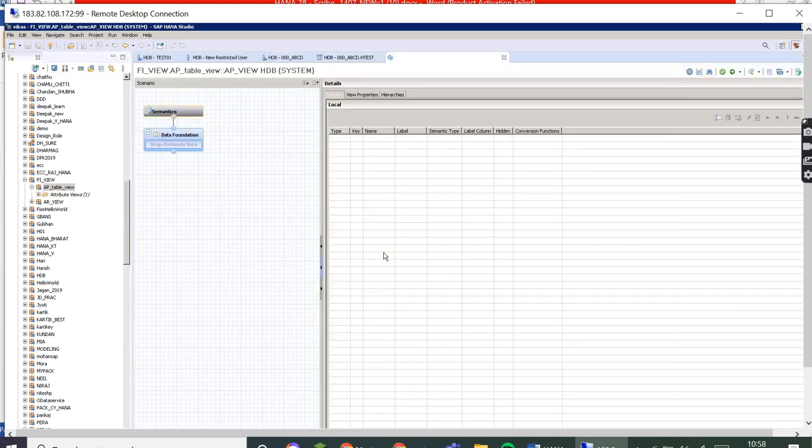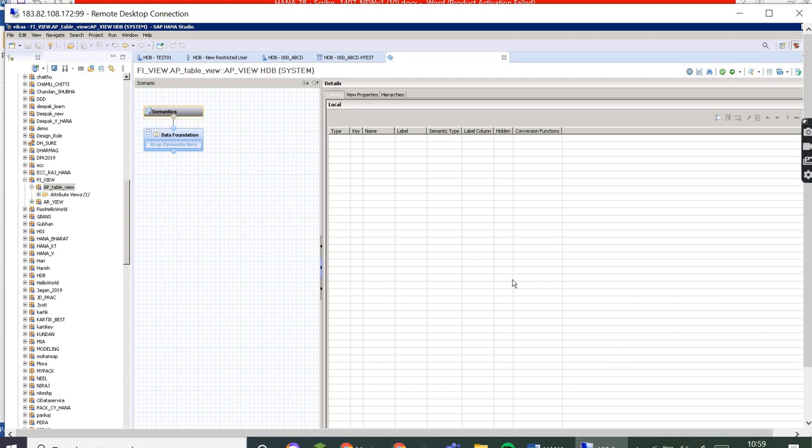Sir, why do we create views? Is this only for reporting purpose? Reporting purpose, yes. Like how we are creating a BW report to present the data, in a similar way in HANA DB the term is similar, like a view. So we create a view on this table, for example the account payable table. The user who wants to read that view or see the data in the representation format, we can provide the access and he can see the data in the form of a view.